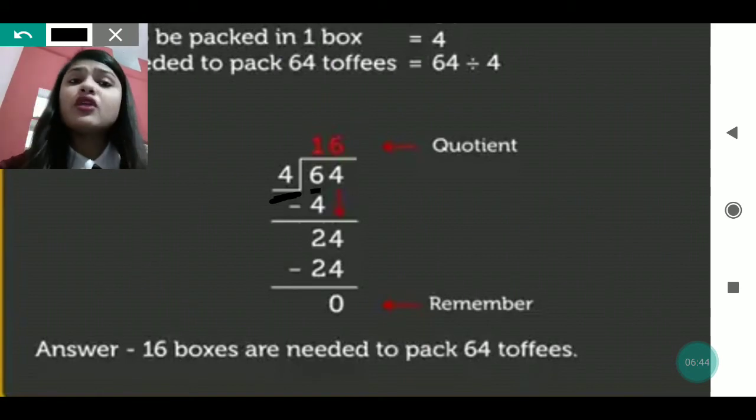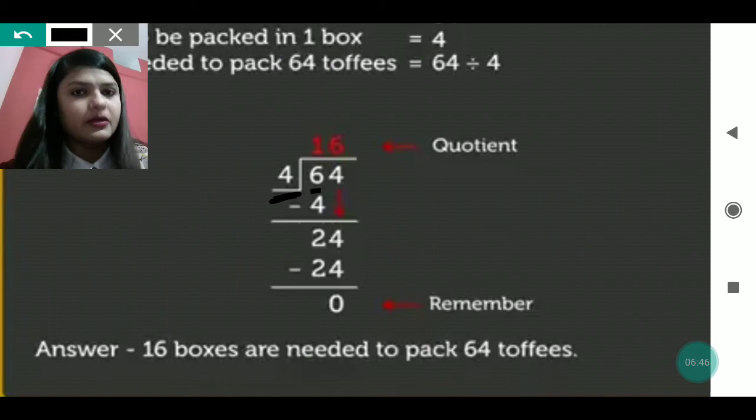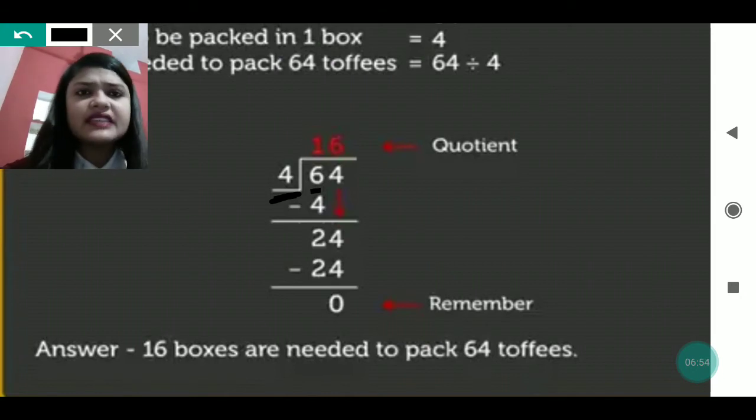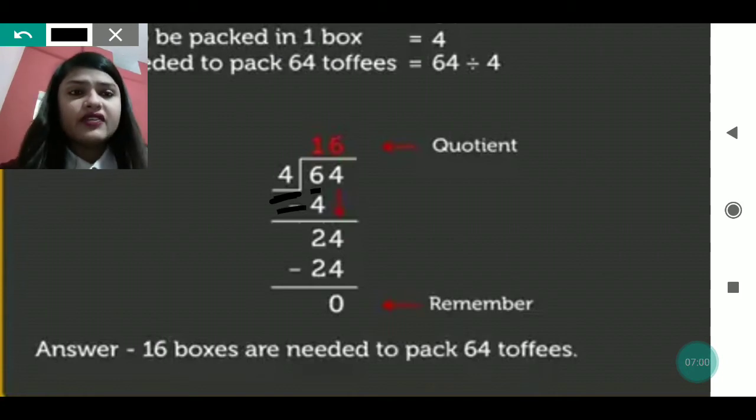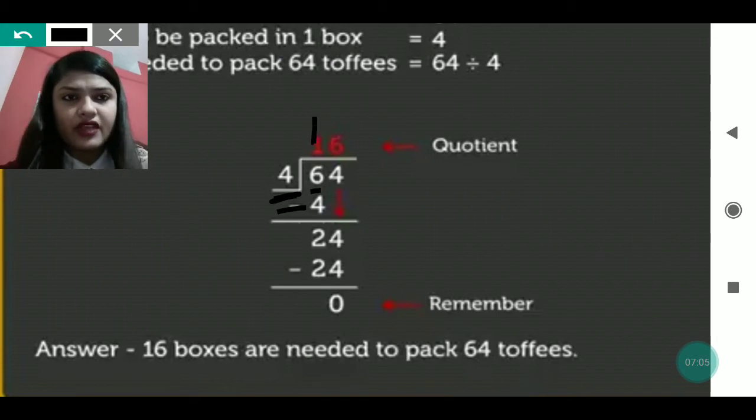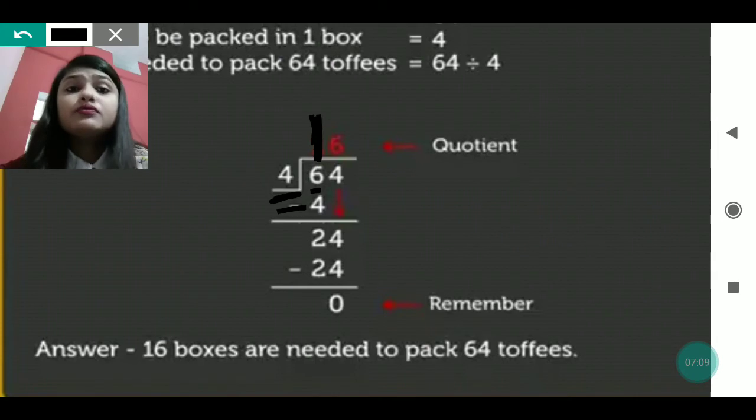We will read the table of 4, looking for where 6 will come. It will not come exactly, because 4 ones are 4 and 4 twos are 8, so we take the lesser number. So we will take 4. We write 4 just below 6 and subtract. Then we get 2, and 1 we write at the question place. You can see I had written it with the red line, but now I have done it in black. So 1 we have written at the question place and 2 just below.